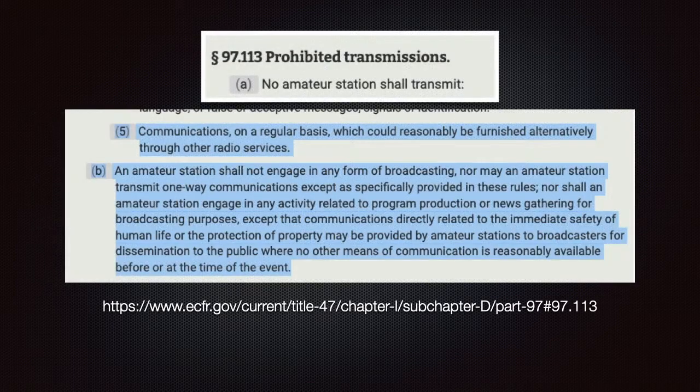Part 97.113, we can see, number 5, communications on a regular basis which can reasonably be furnished alternatively through other radio services.